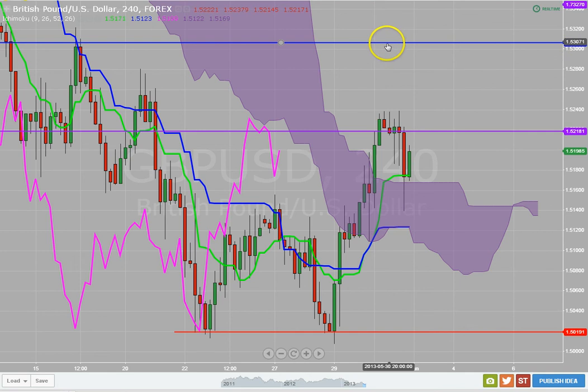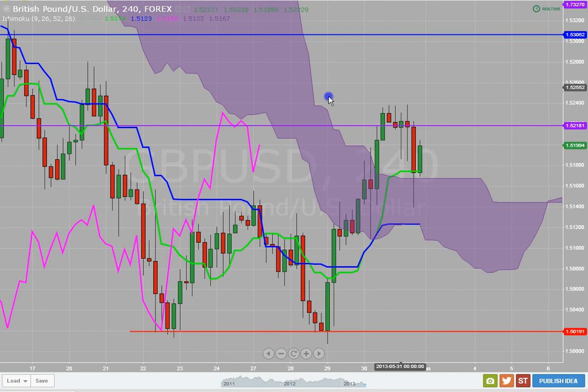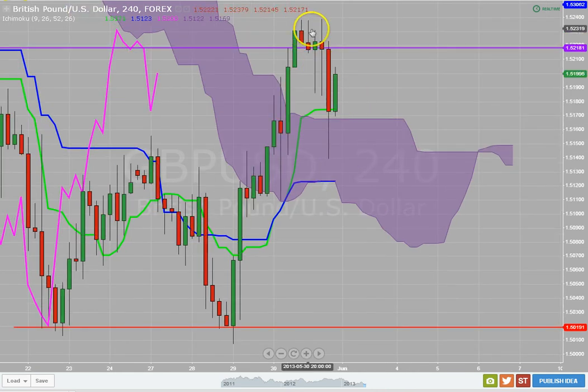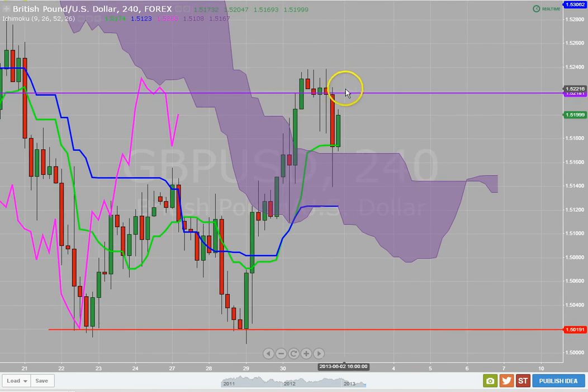But you probably think about riding this to this level. This is that daily Kijun-sen, so that will be the 50% retracement of that daily move down. So that's going to be the correction. The correction will be to here. So you break this level. Now the good way to get into this trade, since we didn't get in on the bounce, would be number one, to break the fractal level, or else break this level right here, because this is the daily cloud.